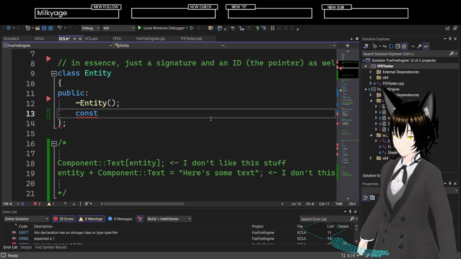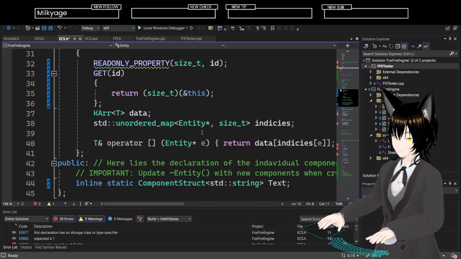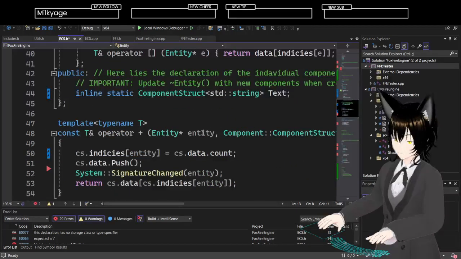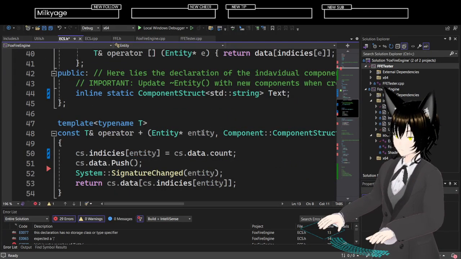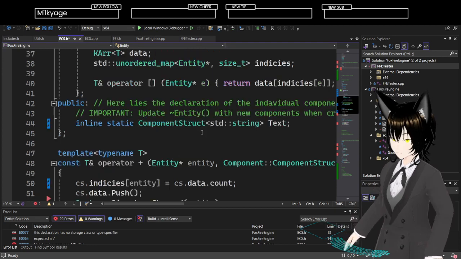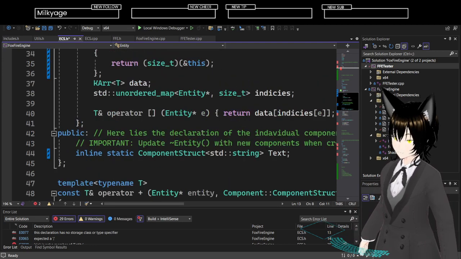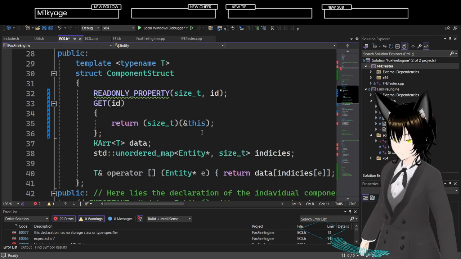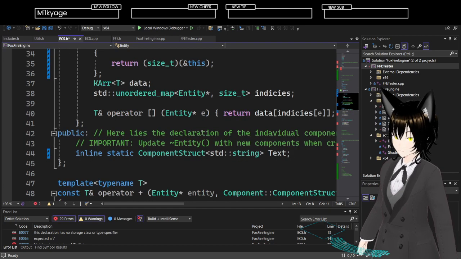Do I need... Like, this is a strange thing here. Oh. Because what I could do, hear me out here. What I could do is the component struct.